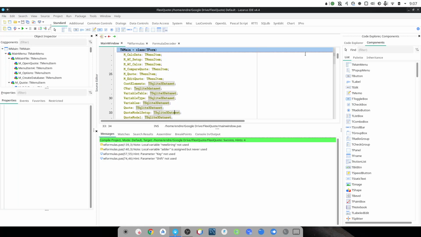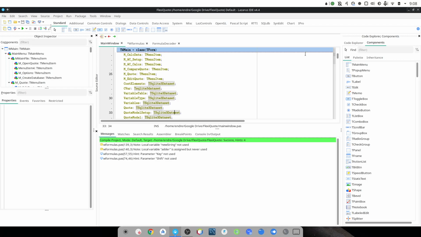Hi, today I would like to show you how you can combine TSQLite data sets and data sources on your forms, and how you can also create controls which are not using the data-aware solutions, but using a database behind to set up the content of the control, and what you can then use with certain SQL statements to filter and sort the data for these controls